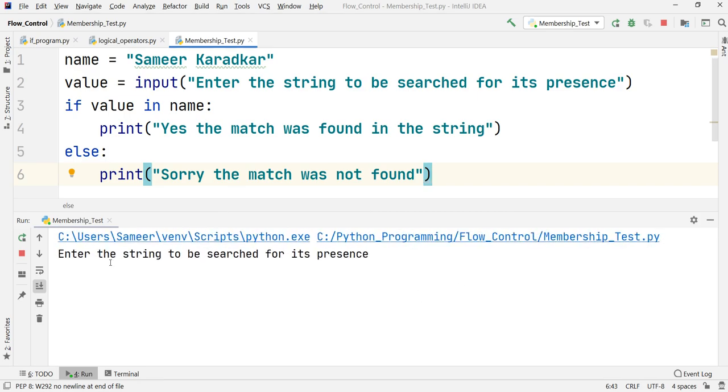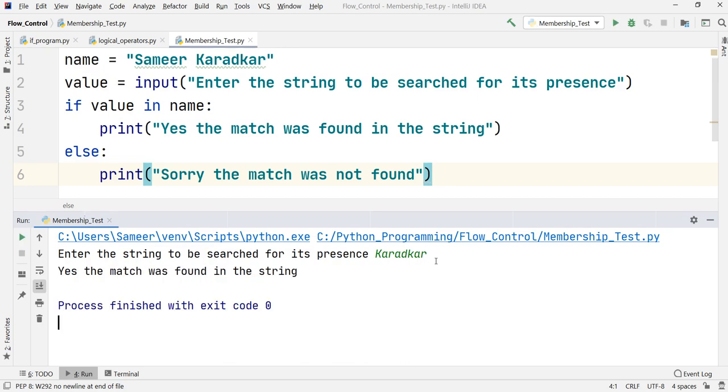It is asking us to enter the string to be searched for its presence. I would put my surname, but be very careful to take care of case sensitivity. I have put K as capital, then only it should show that it is present. Let us check what it says. Yes, the match was found in the string.